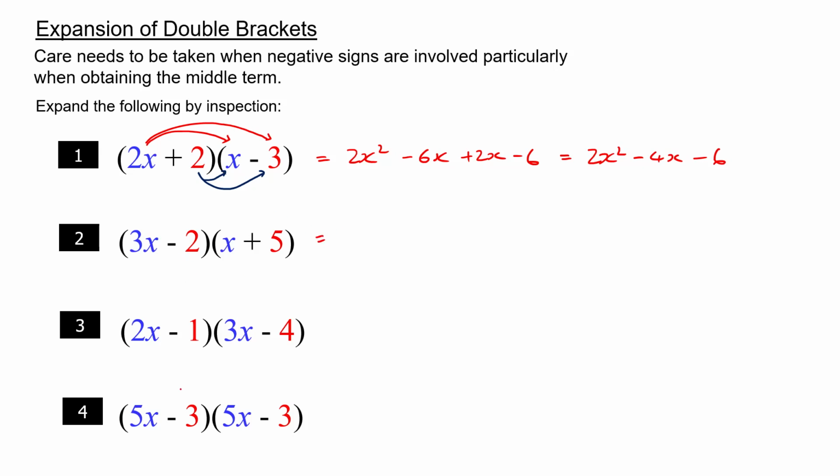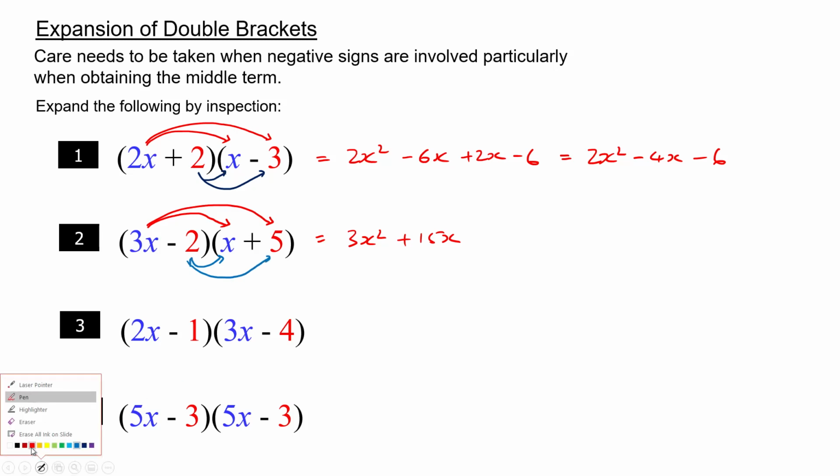Okay, let's look at question 2. 3x minus 2 times x plus 5. So the 3x multiplies both terms, which is 3x times x gives us 3x squared, and 3x times 5 gives us 15x, plus 15x. And if I can use a blue pen now, minus 2 multiplies both terms. So back to red. Minus 2 times x, minus 2x, and then minus 2 times 5 is minus 10,